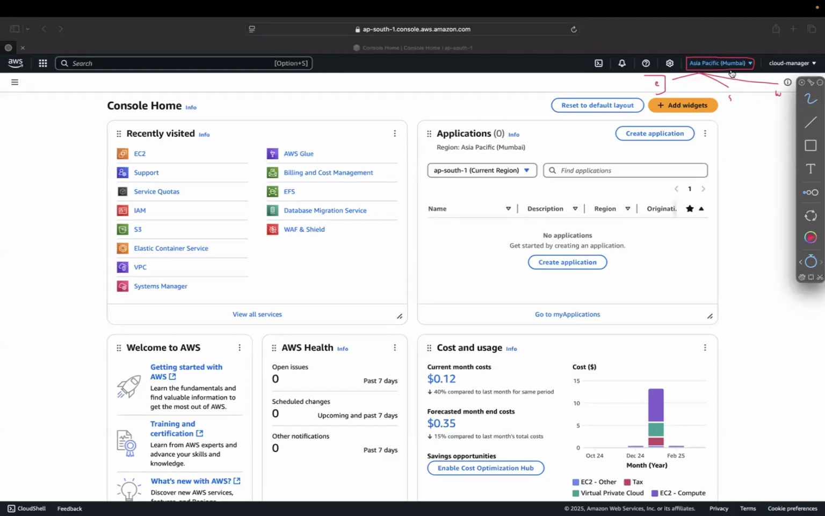Okay, similarly, every region will have its own availability zones. Mumbai will have 3 availability zones. North Virginia, US East 1, will have up to, I think, 6 availability zones. They have 6 data centers across North Virginia, right? So now, what we will be doing when we create a VPC,